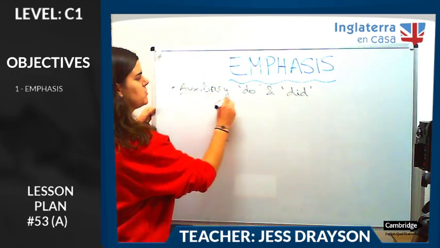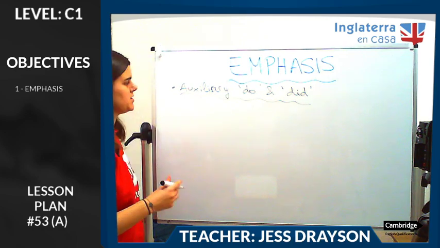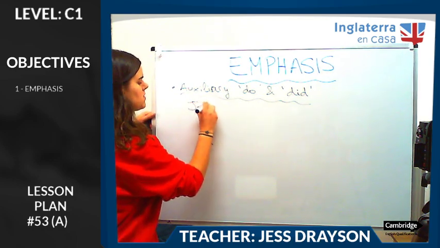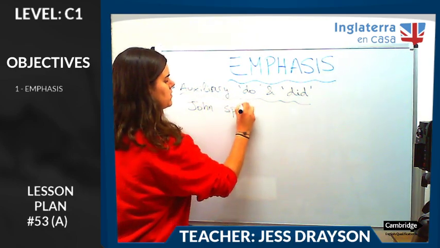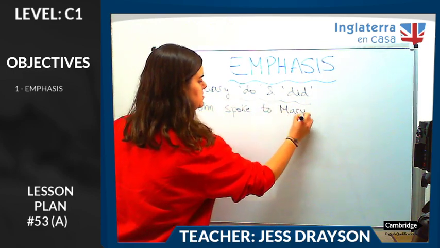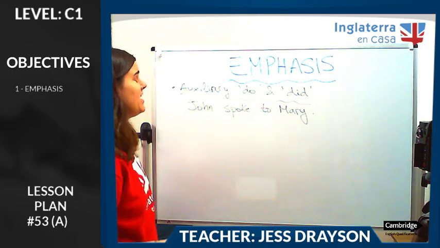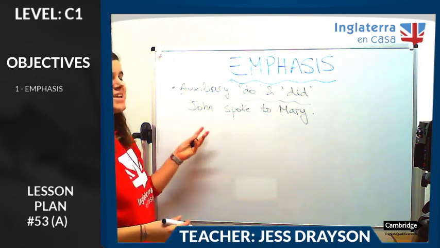Okay, you can use the auxiliary do and did to emphasize your sentences. So as I was saying, John spoke to Mary would be a regular sentence, past simple. But to make this